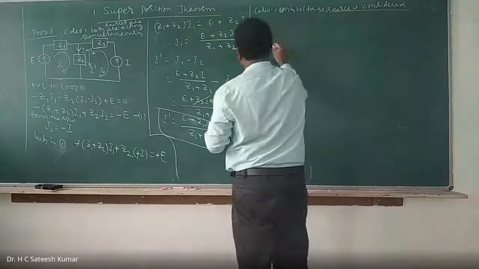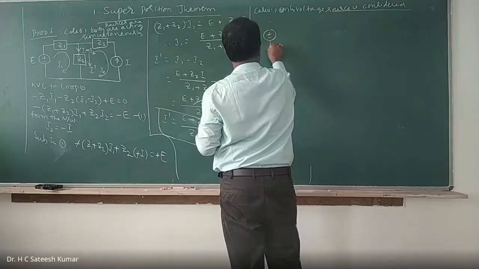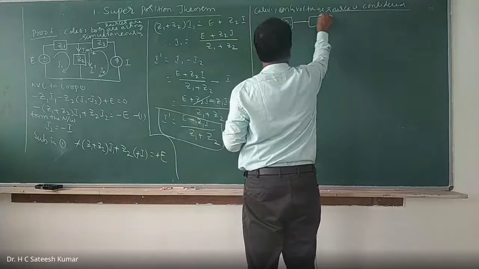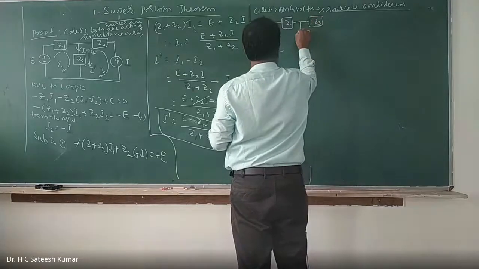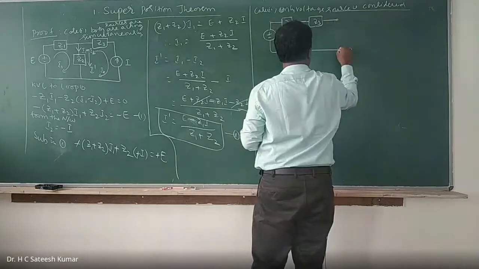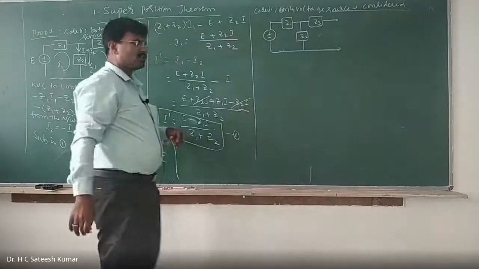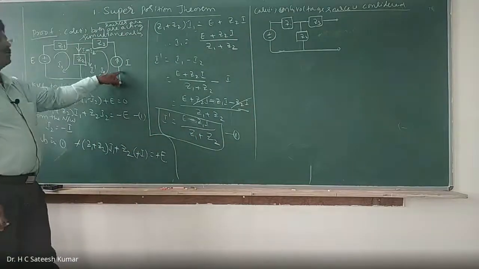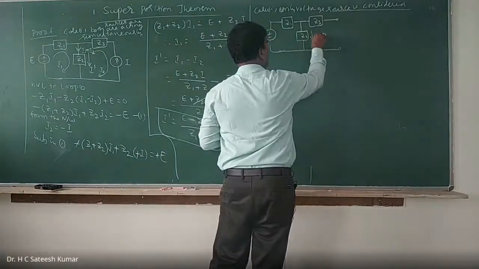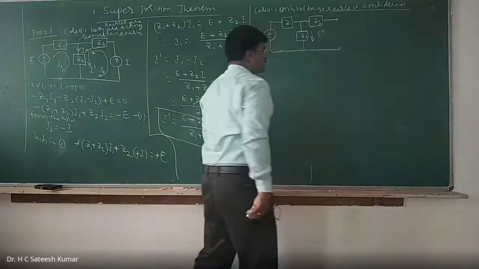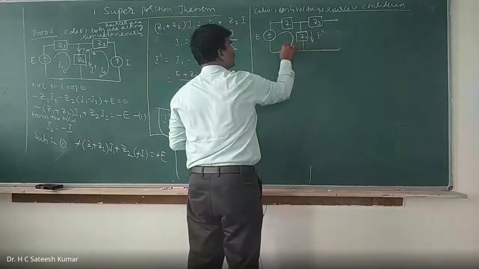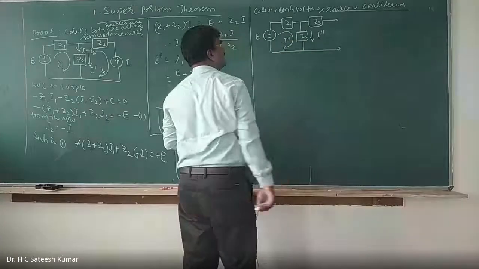If that is the case, what are we going to have? Voltage source with plus and minus, and Z1 and Z3, and this is Z2. Now you make this one open circuit, because voltage sources are made 0 by short circuiting and current sources are made 0 by open circuiting. Here I will open circuit it and call the response I double dash. Since it is open circuited, no current is flowing here, and this whole current itself is I double dash.